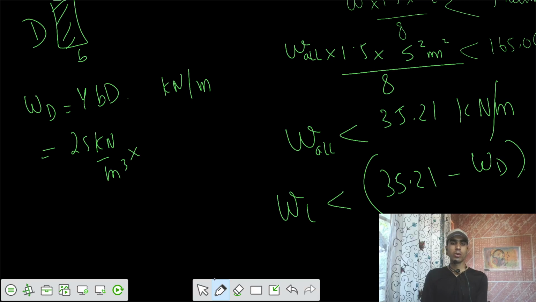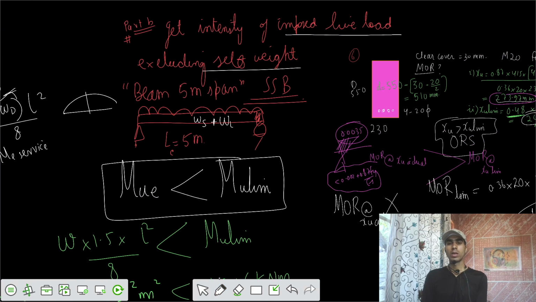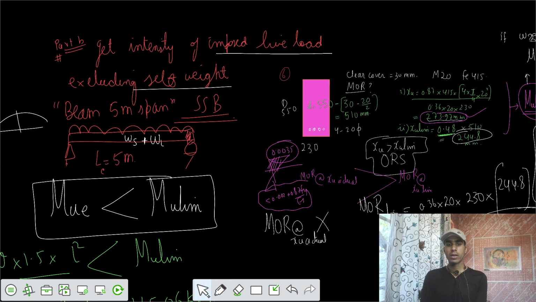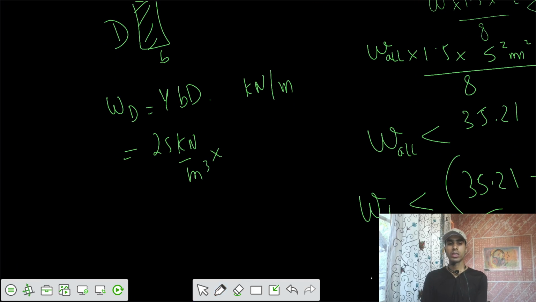The width is 230 and the overall depth of the section is 550, 230 by 550 millimeters square. And you can solve WD equals 3.16